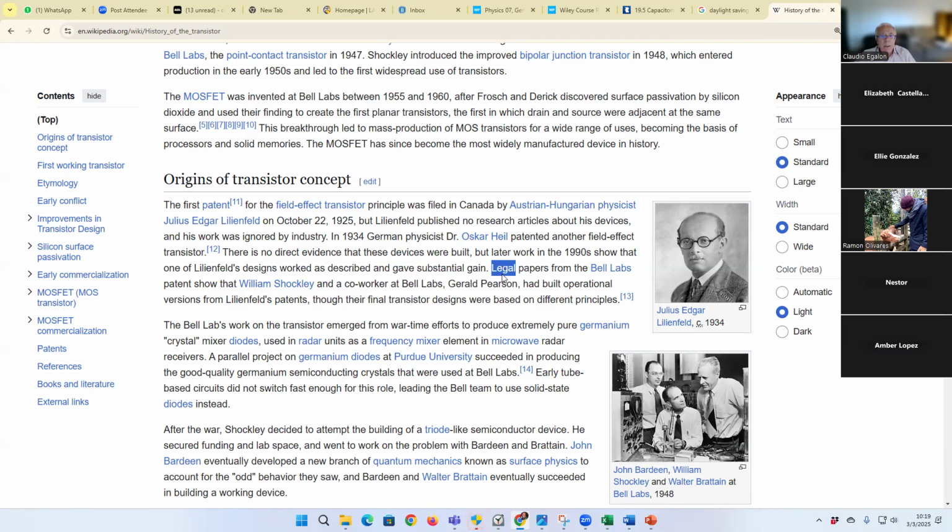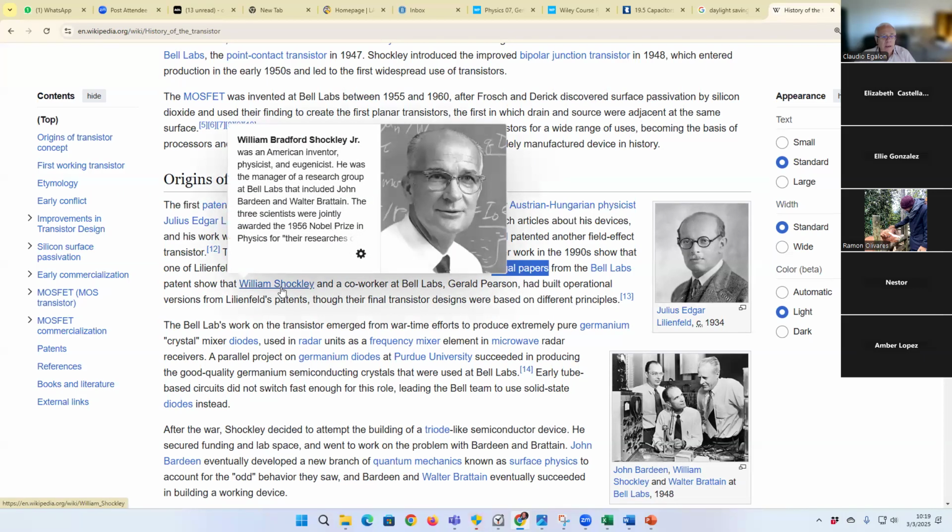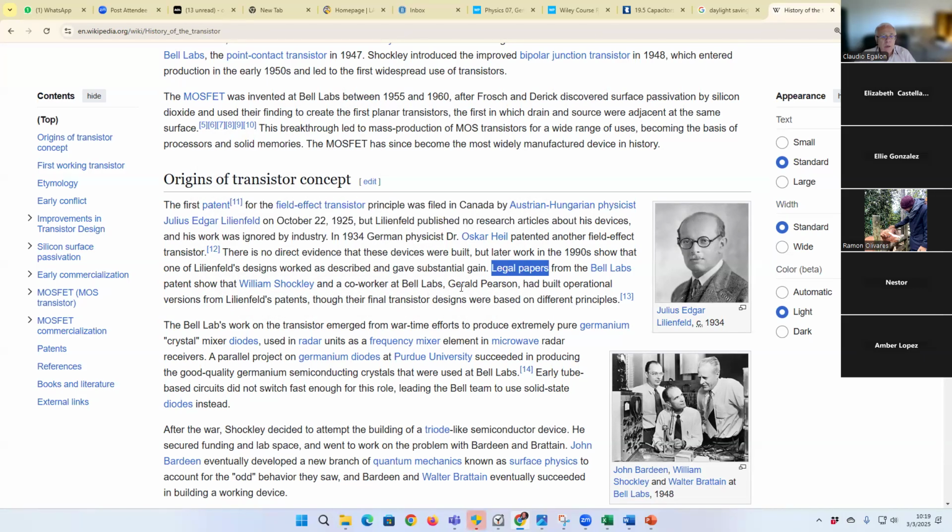Legal papers from Bell Labs patent show that William Shockley and a co-worker, Gerald Pearson, had built operational versions from Lilienfeld's patent. We're talking about legal papers here, and when they start talking about legal papers, what's happening here? There's a lawsuit going on, okay? So Lilienfeld,